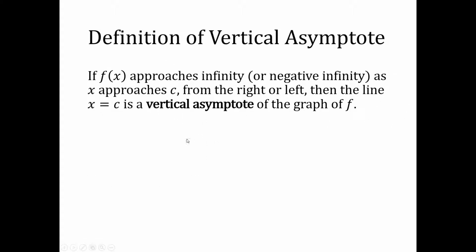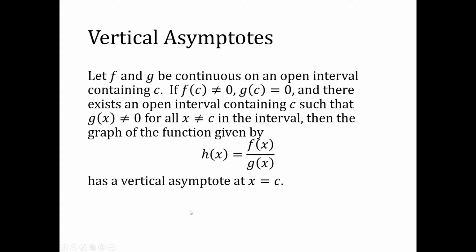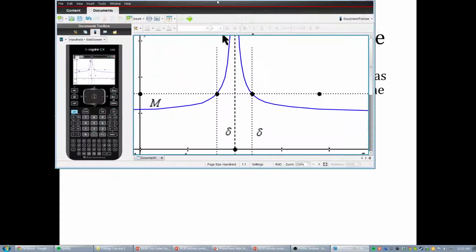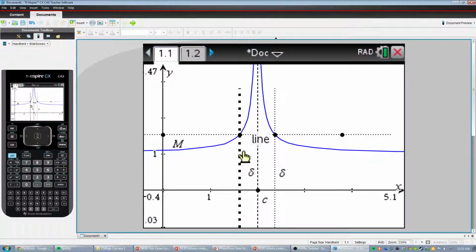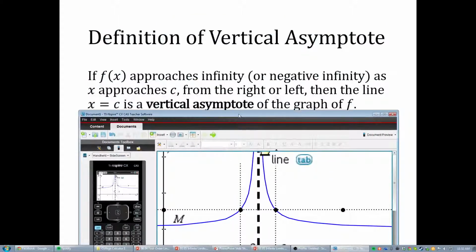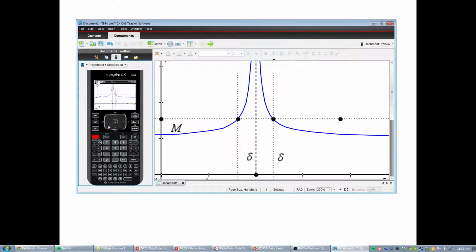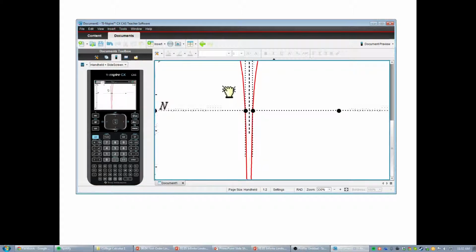Let's talk about this for a second. Basically what's happening is whatever makes the function undefined, and I think we'll get into that later. So that's the definition of a vertical asymptote. Let's say this is the graphical definition of a vertical asymptote: if f of x approaches infinity or negative infinity, like it's doing here and here,